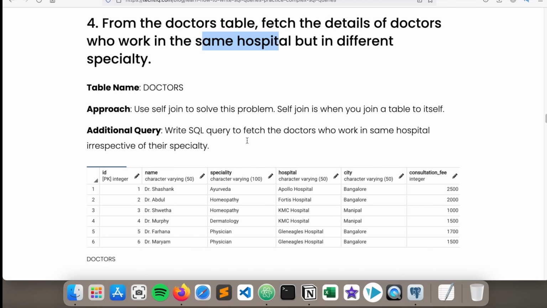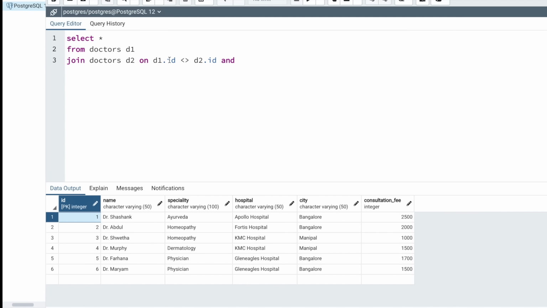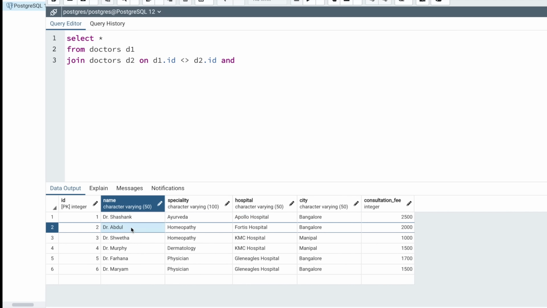What we are trying to do is fetch all the doctors who work in the same hospital, and in different specialty. Let's first use this same hospital filter. So we are trying to find doctors who work in the same hospital. Dr. Shashank works in Apollo Hospital. Do we see any other Apollo? No, nothing. Even Dr. Abdul here works in Fortis, but there is no one else working in Fortis